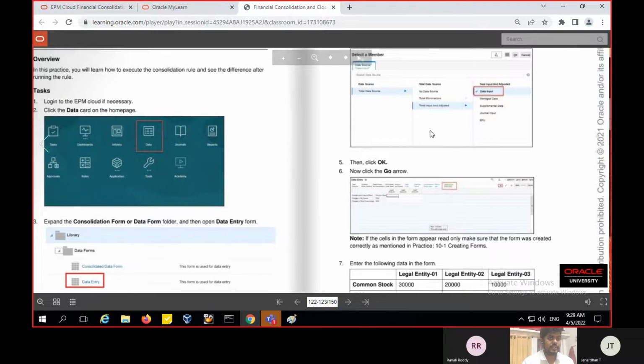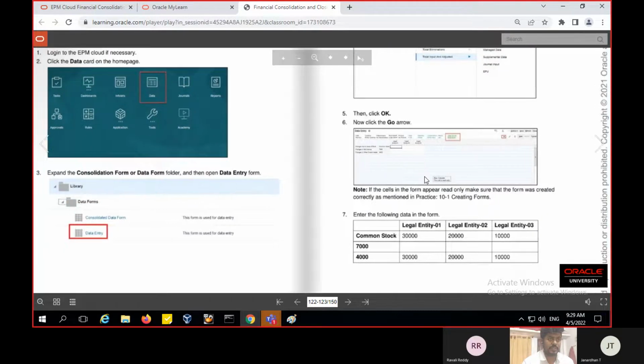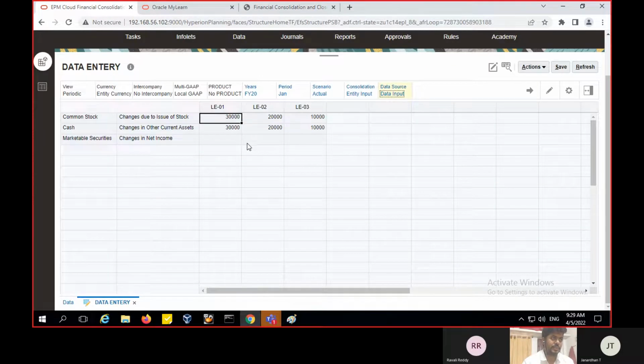In this activity guide, we have selected the data input and click on OK. And now go. After that, enter the following data in the form. In the common stock, 4,000. In my application, I don't have the 4,000 data, so that's why I have selected another common stock and cash. So now I am selecting the